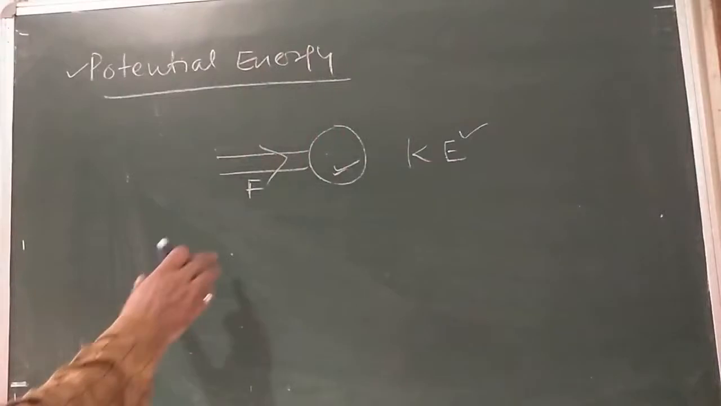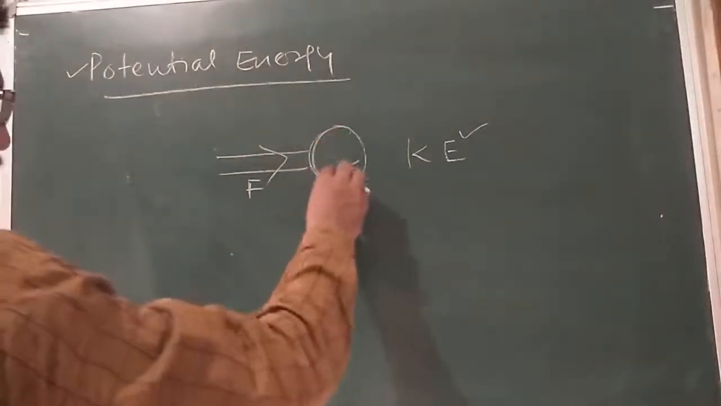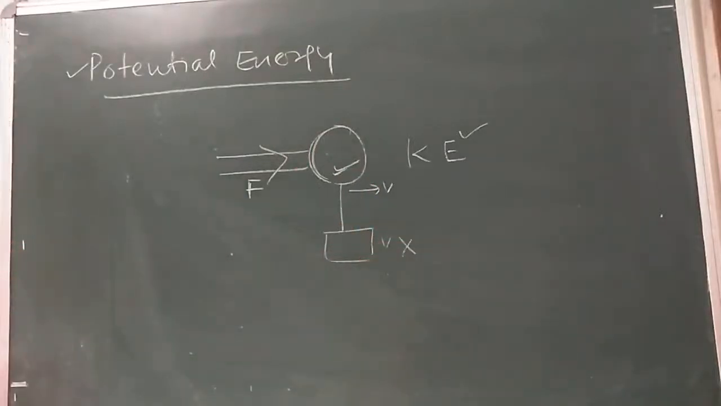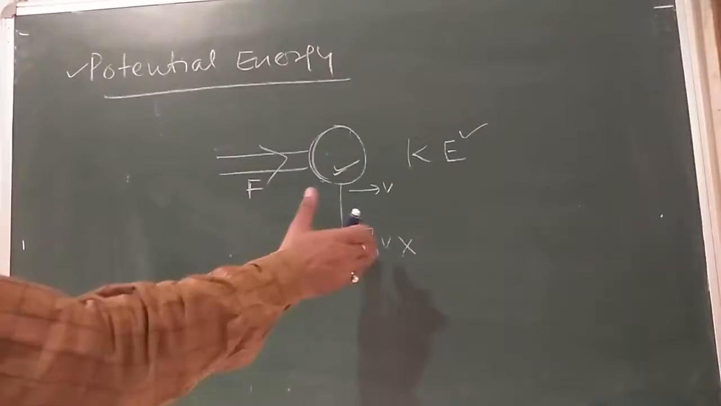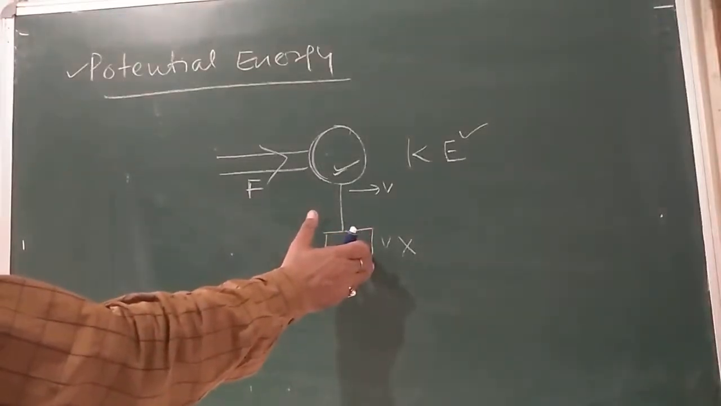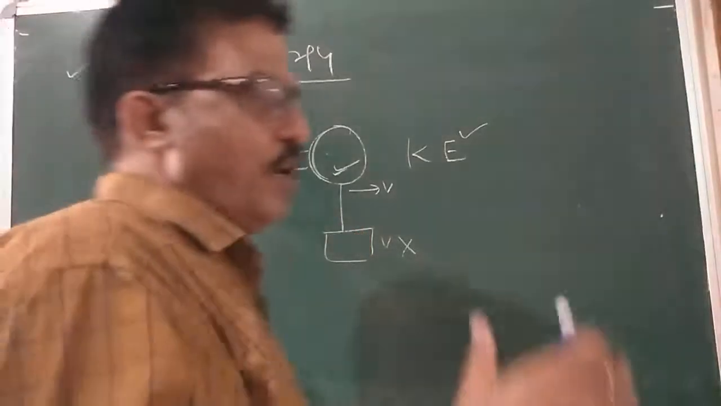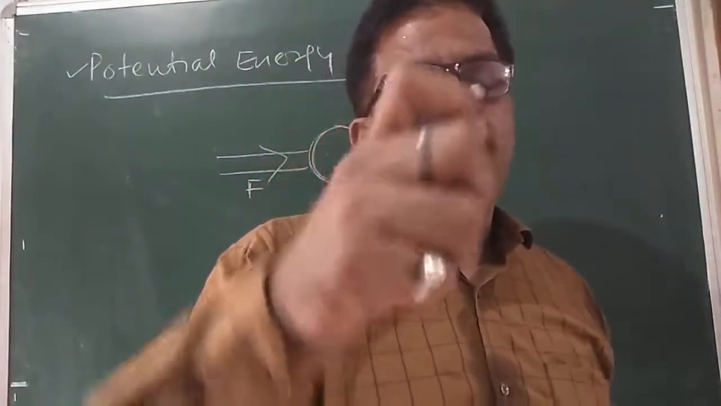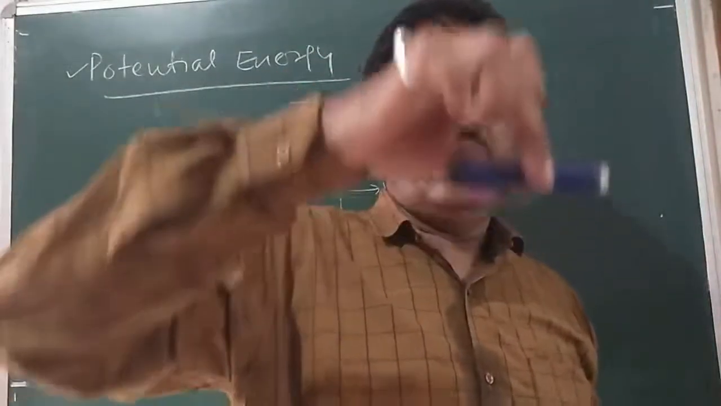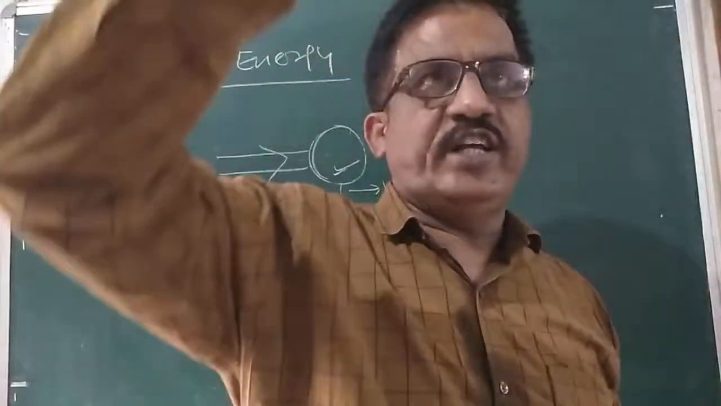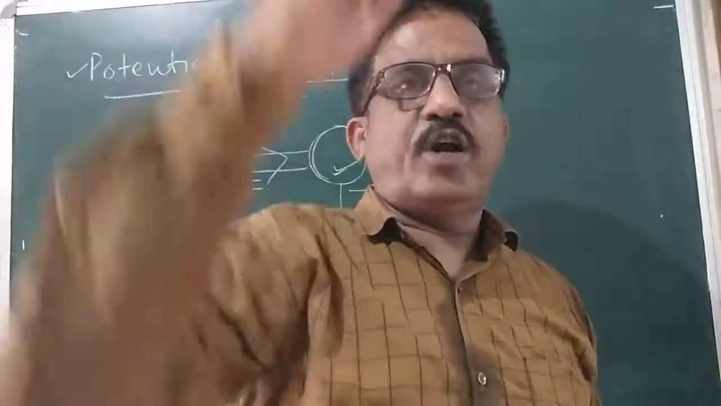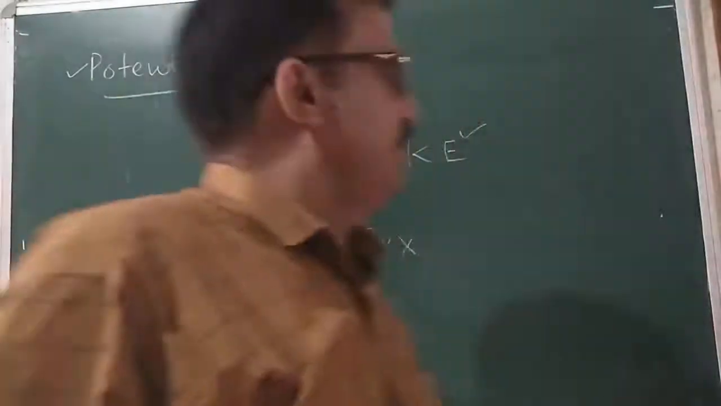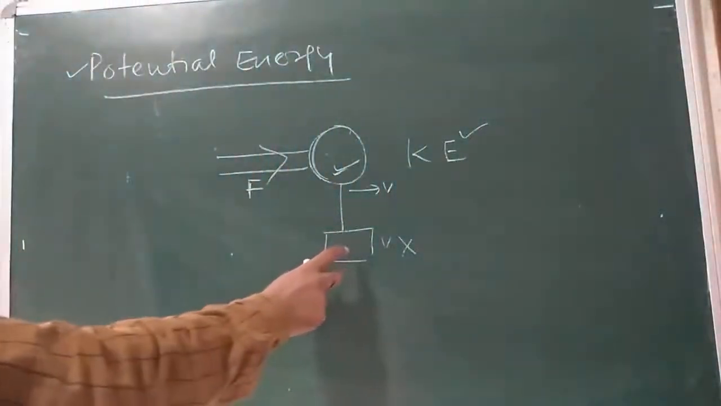But in case the applied force does not change the velocity of the object, here the velocity changes, but in another case, say the velocity does not change the velocity of the object, but instead changes its position or configuration. Configuration means shape of the body changes. If you are taking a body from here and taking at this position, you are changing the position of the body, or you are compressing the body, or if you are stretching the body, then at that time the change in the position or configuration of the body,